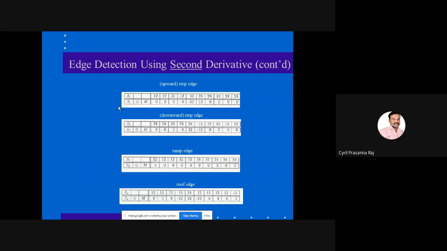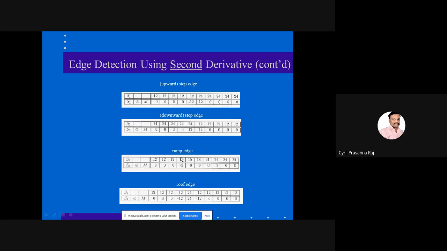So using the second derivative, what is the mask now? 1 minus 2, 1. If you take the step edge, again there is a zero crossing occurring between minus 12 and 12. Because of the zero crossing available here, you tell that there is an edge. Similarly, you see a zero crossing occurring here, again there is an edge.